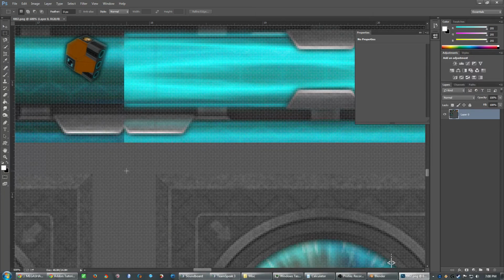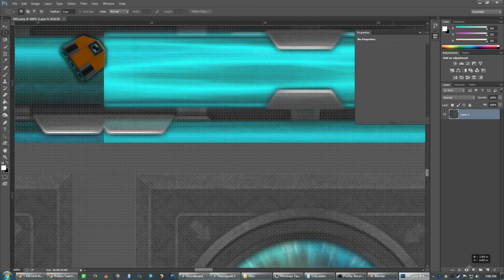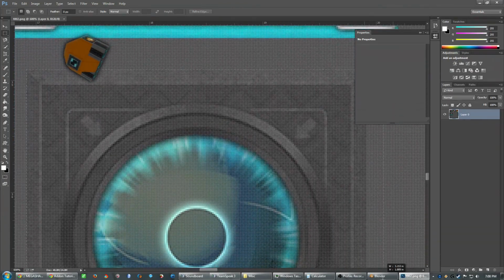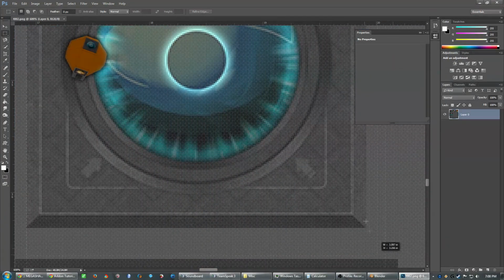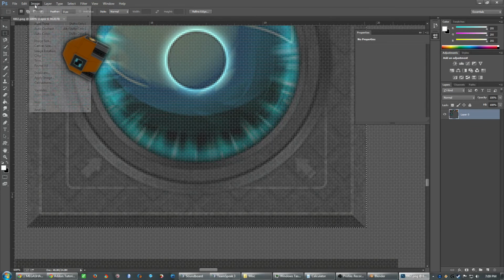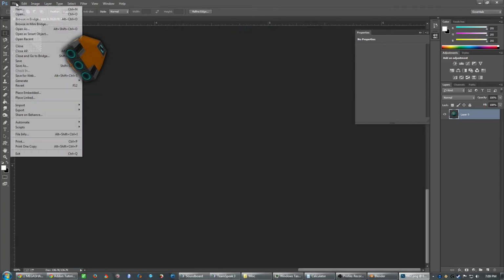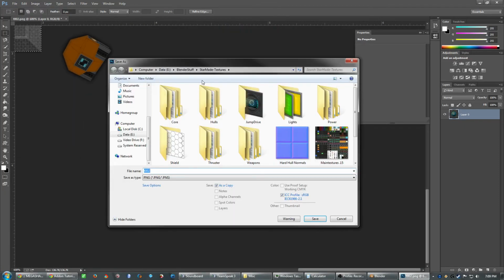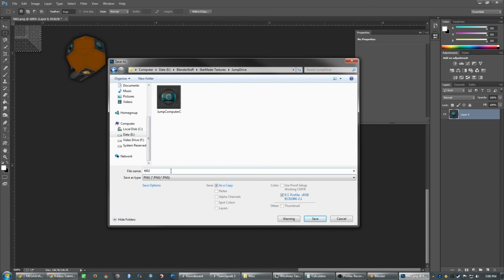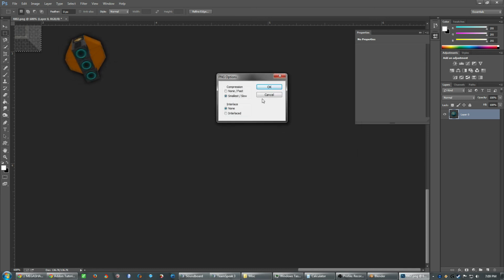I'll take my selection tool, select the entire area, and then crop, file, save as, and this one is warp computer, C, save,